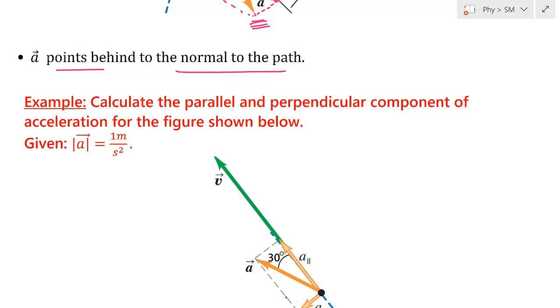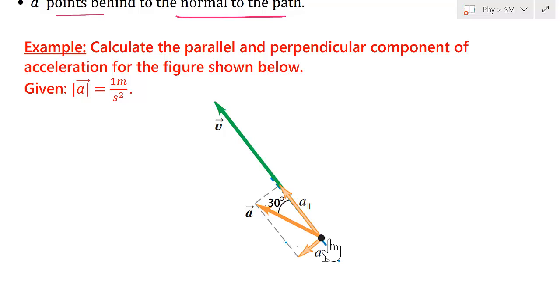In summary, I can say if you have only tangential component, this means the object is moving in a straight line. If you only have perpendicular component, the object is moving in a circle. And when you have both components, the object is moving on a curved path, increasing the speed, and this also has a change in direction of the acceleration. Now we will illustrate this using an example. So this example says,